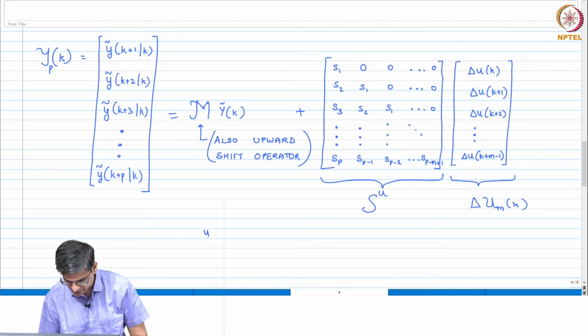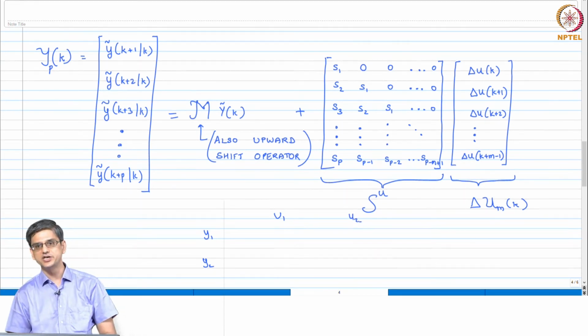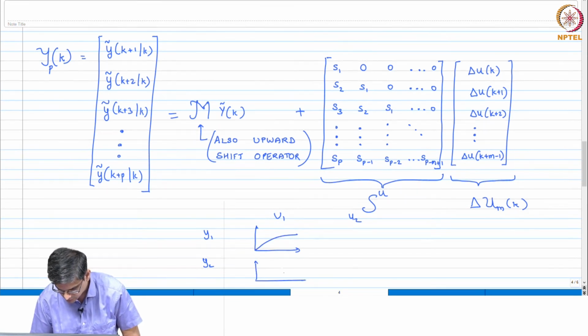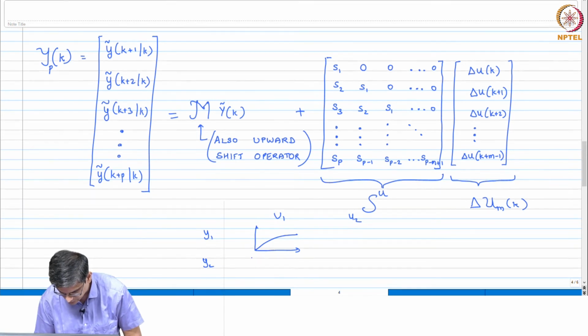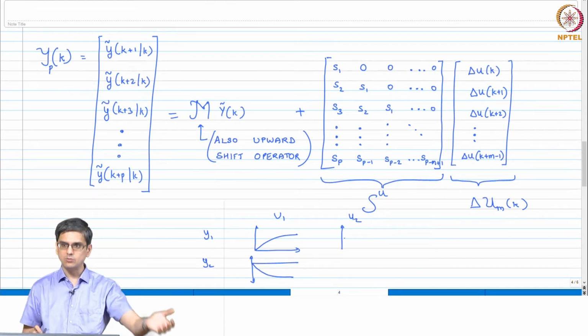Let us say we have y1, y2, u1, u2. Let us say you give a unit step change in u1. Because of the unit step change in u1, your y1 responds like this, and let us say your y2 responds like this.